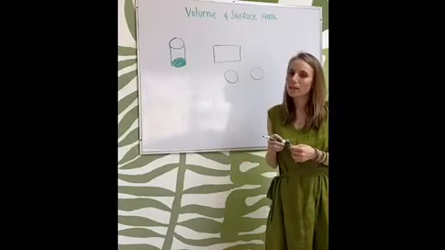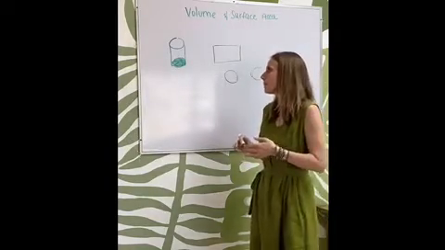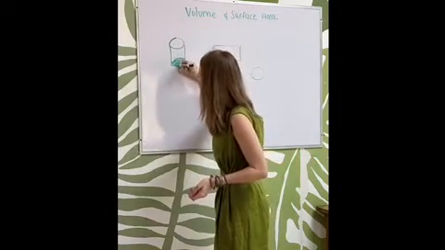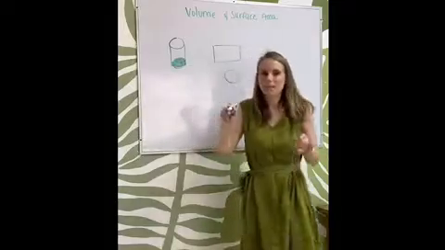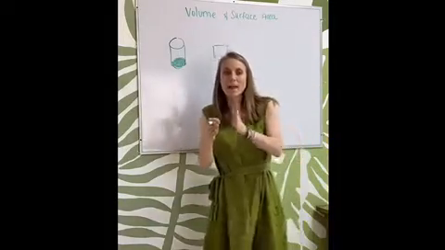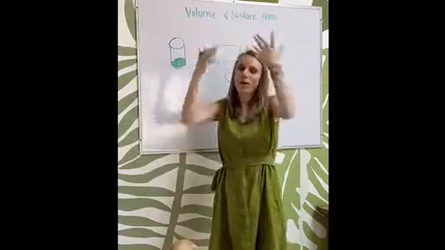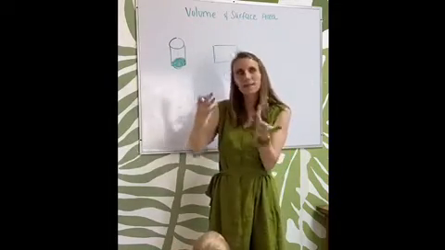So to find the volume of a cylinder, you take the area of the base, and then you multiply it by the height. It's basically like taking that circle and going all the way up. One word for it is